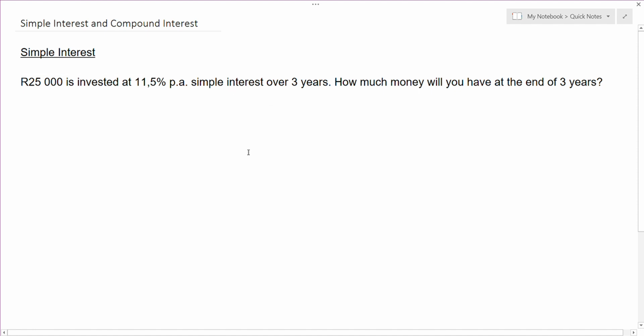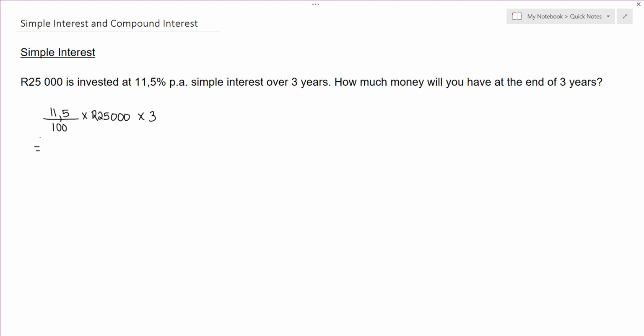So we're going to start off by just writing out 11.5%. So you can either use the percentage button, or you could just go divide by 100 times 25,000 times 3. And that would basically give me the interest. So let's work that out. We have 11.5 divided by 100 times 25,000 times 3. And that gives me